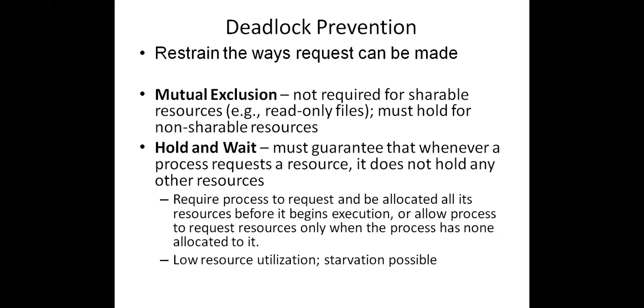That means P1 requires three resources, but only two resources are available. So you should not allocate two resources to the process. Either you need to allocate all the three resources whenever they are available, or you are not allowed to allocate the resources to the process. If all three are not available, you should not allocate any one resource to the particular process. If you want to allocate, you need to allocate completely, or otherwise the process needs to wait until all the resources are available in a machine. That is the first point.